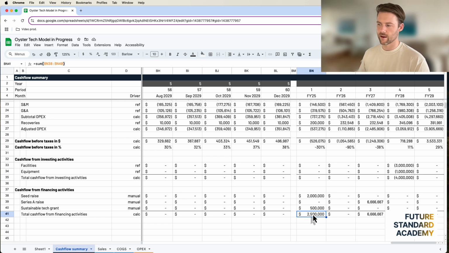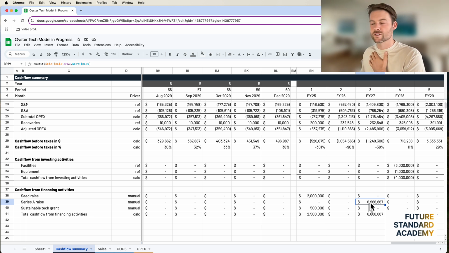So in this case, I'm trying to factor in what's reasonable: a seed round for 2 million, Series A for 7, maybe a small Series A. But this isn't also the biggest opportunity, right? Like, I figure this market's only about $500 million. So OysterTech really needs to be the number one leader to make this a venture with the scale potential that a venture capitalist would be interested in. Yeah. And then again, you want to see these finances happen before any kind of big cash outlay in investing, right? It wouldn't make a whole lot of sense to have that after. You'd have this big gap in your cash balance.